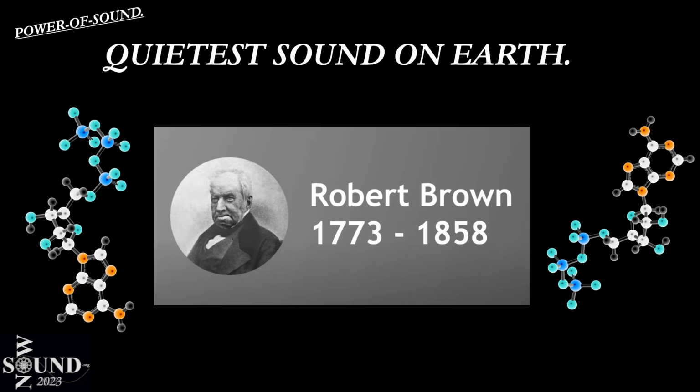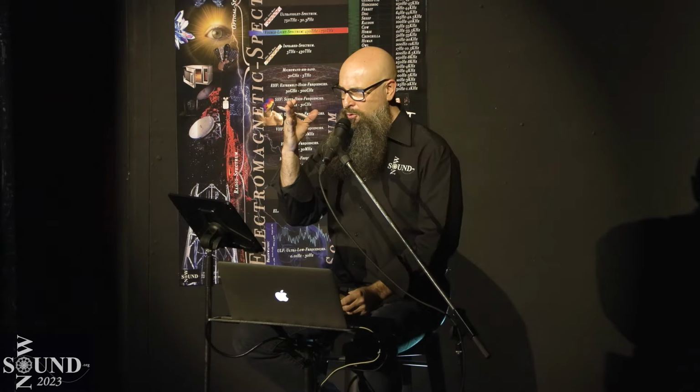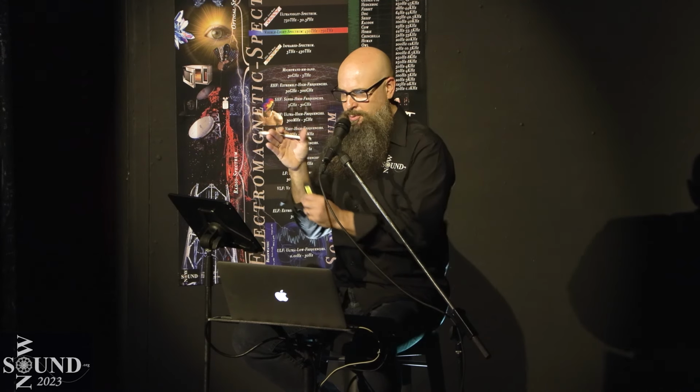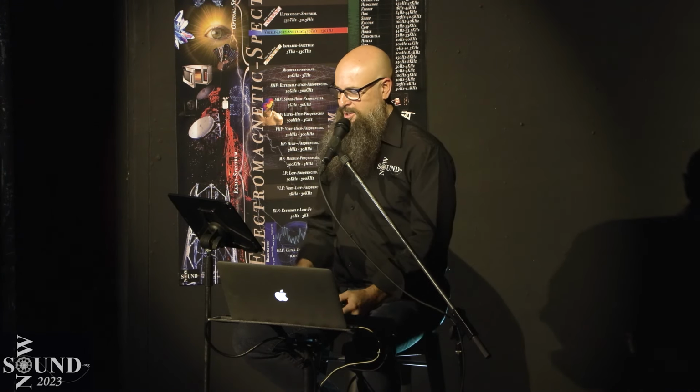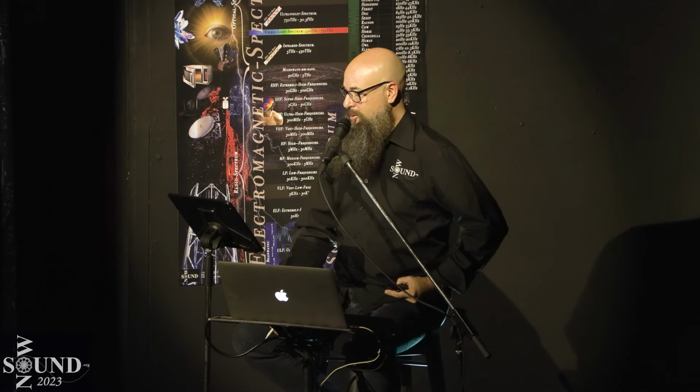1827, the botanist. He crushed up pollen grains he wanted to analyse in water under the microscope, and he noticed the molecules would move and then suddenly randomly move and bump around, but you couldn't see what was causing them. So this movement is what we call the Brownian motion of molecules moving. And in the air, the Brownian motion is negative 23 decibels.